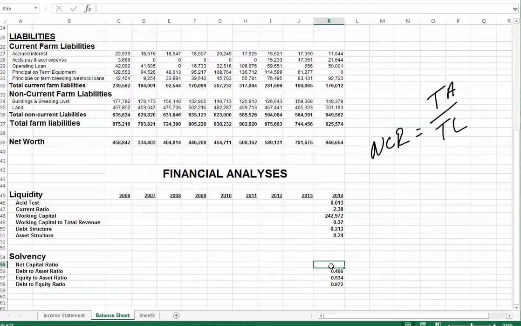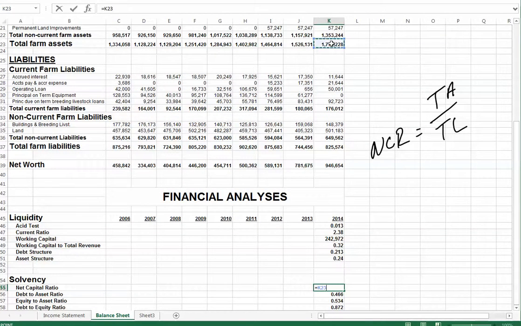So let's illustrate that in our spreadsheet. I'll go back to net capital ratio. I'll type equals, and I'll go find total farm assets and divide that by total farm liabilities. And I will get a number of 2.14, 2.147. What that tells me, for each $1 of overall debt, all debt, this farm business has $2 and almost 15